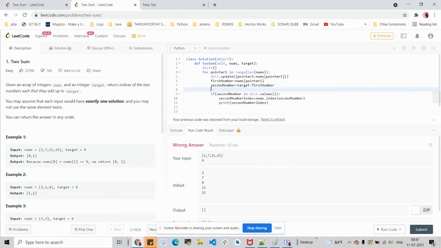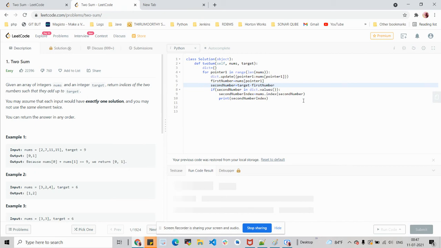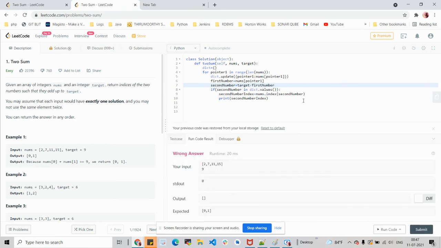Let's try to remove this first number as well and print only the second number's index value. Okay, now we could see the index value of the second number. Similarly, we have to find the index of the first number. First number index is nothing but the pointer itself.